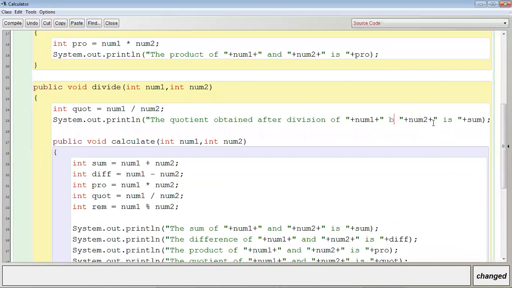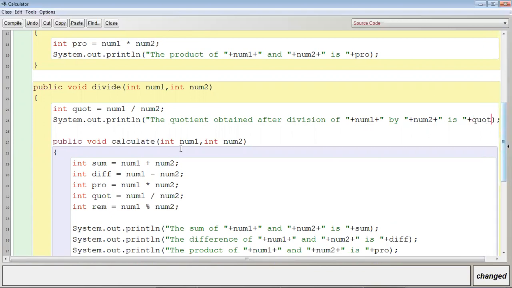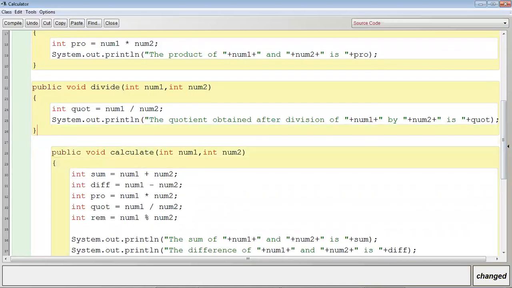This will be the correct message. Clear?